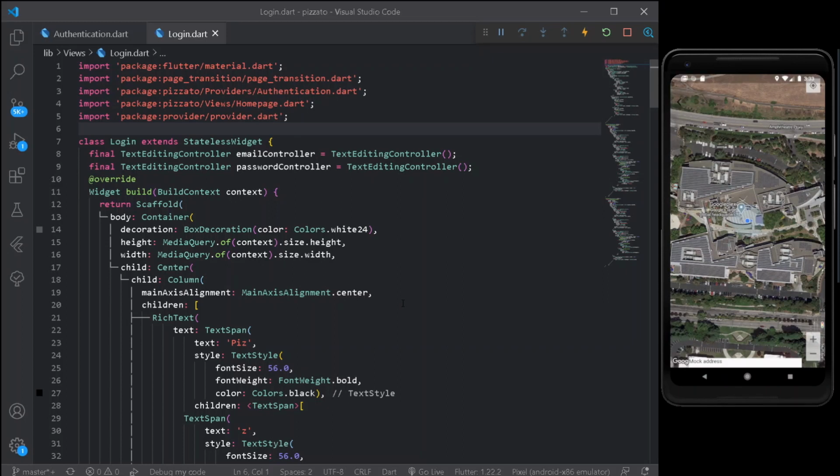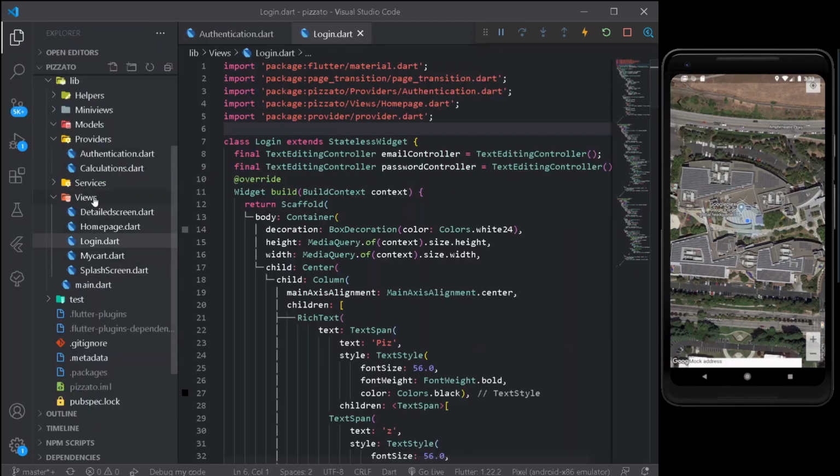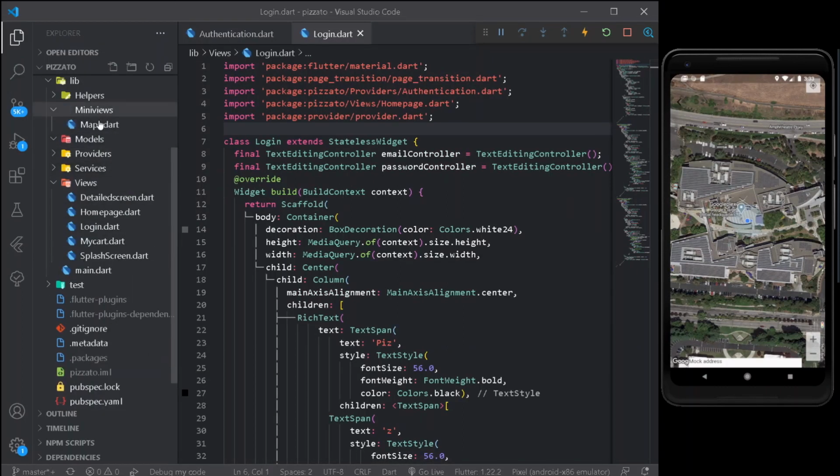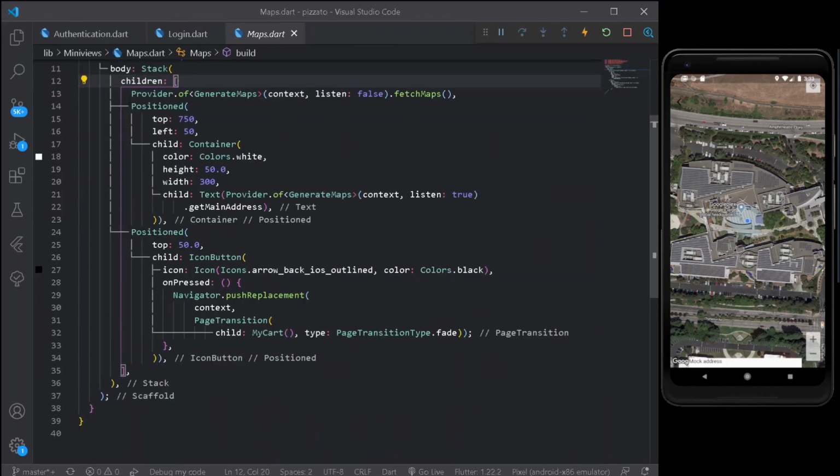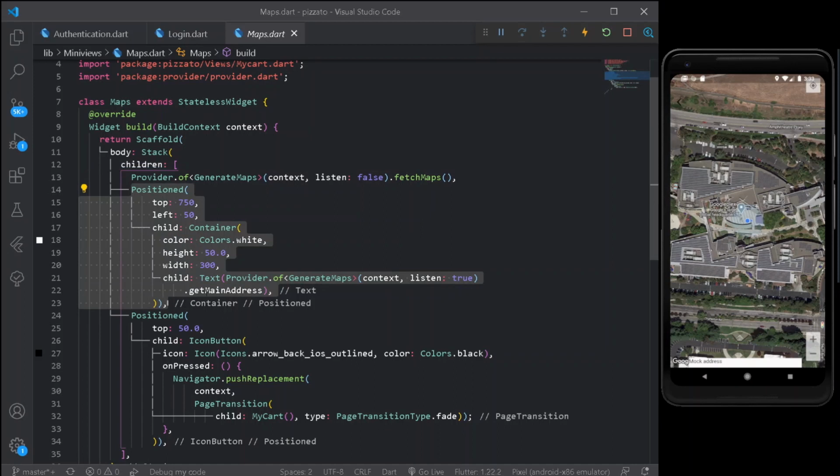So into our previous video, if you simply check our Google Maps page, which is under our mini views, here I have done nothing but simply added a following container under the following position, which will be taking up the entire address that we were printing under our debug console. So instead of printing the entire address under our debug console, we can simply show the user the address that he has selected. So here after pressing the following thing, you may observe that the following value will be changing.